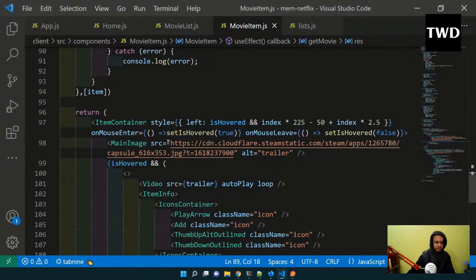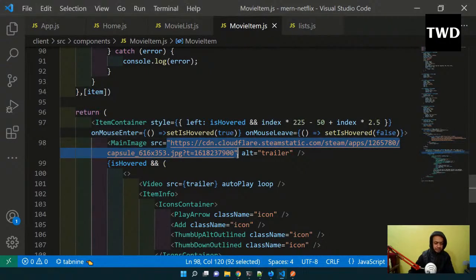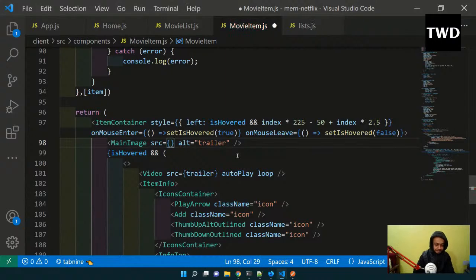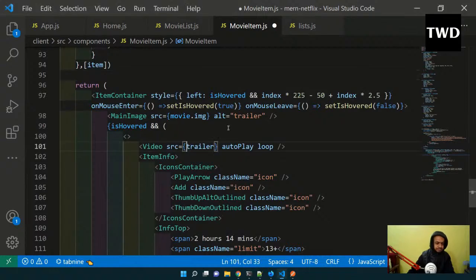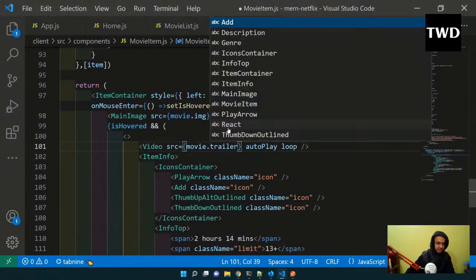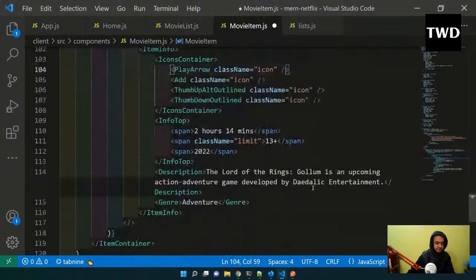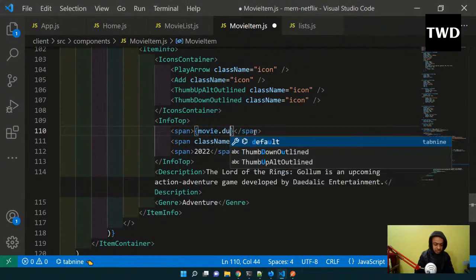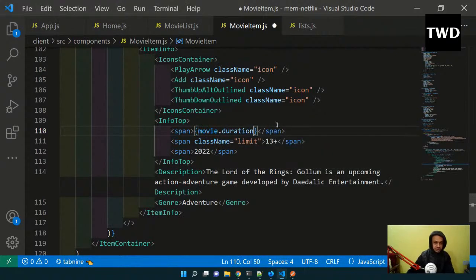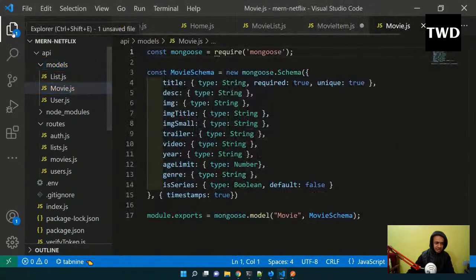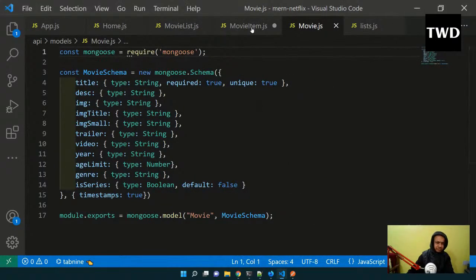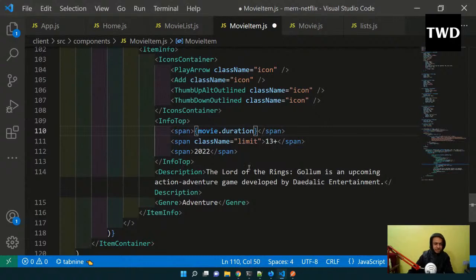Okay, so src, instead of this I will have movie.img, movie.trailer, movie.duration. I can also check this from the models, from the movie model. All of these things are coming from here, so from the models also you can check what they are. Movie.duration limit is like